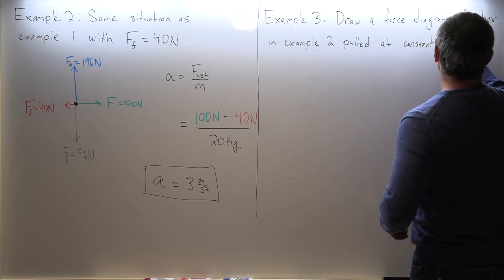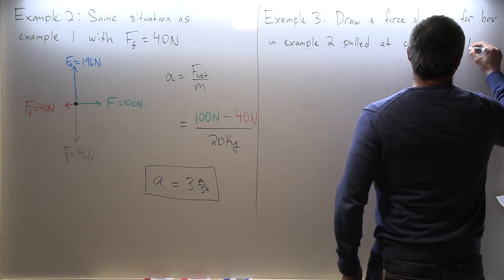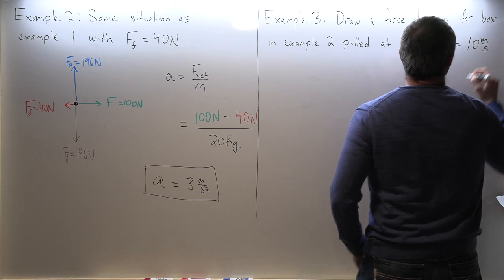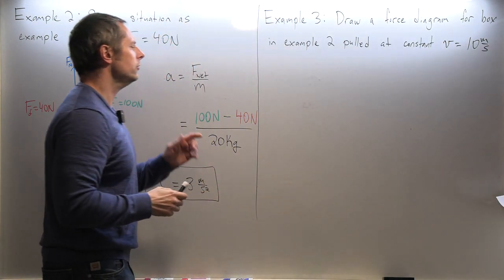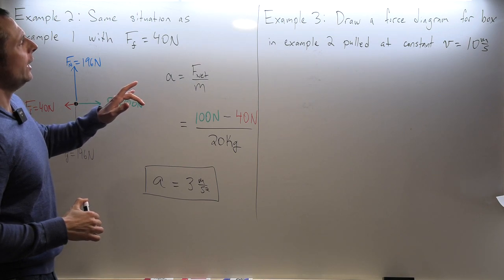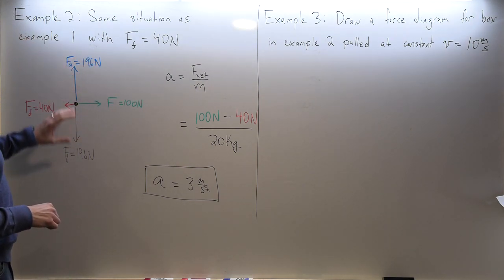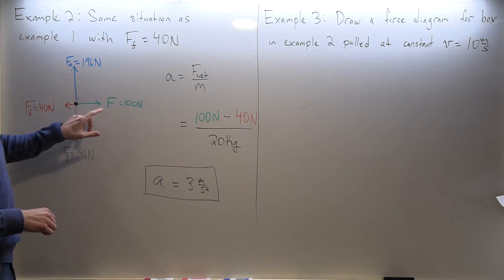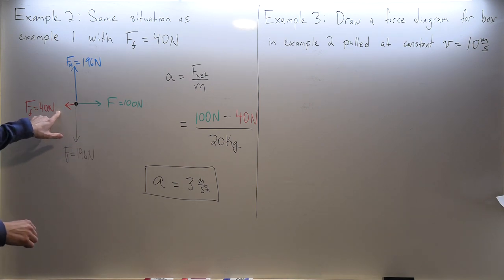I'll do this. V equals 10 meters per second. Okay, so here's the example. Draw a force diagram for the same box, gravity, normal force, same force of friction of 40 newtons, and you